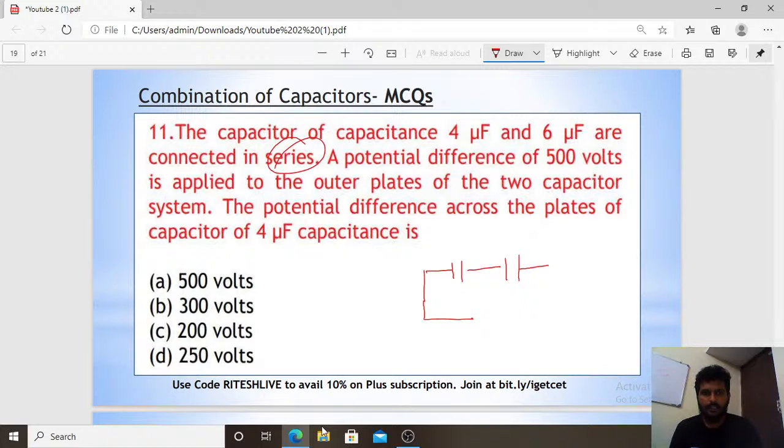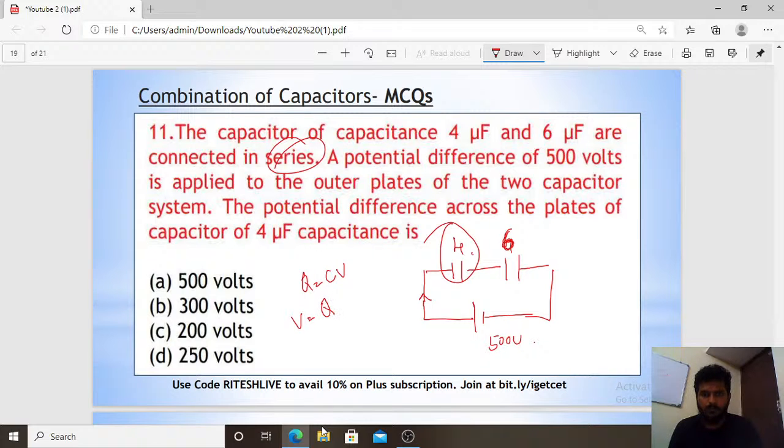And it is connected to a voltage difference. How much? 500 volts. Alright. Okay, so this is 4, and this is 6. You need to find the potential difference across the 4 microfarad capacitor. So Q is equal to CV, and here you need to find the V value, right? When they are in series, V is equal to